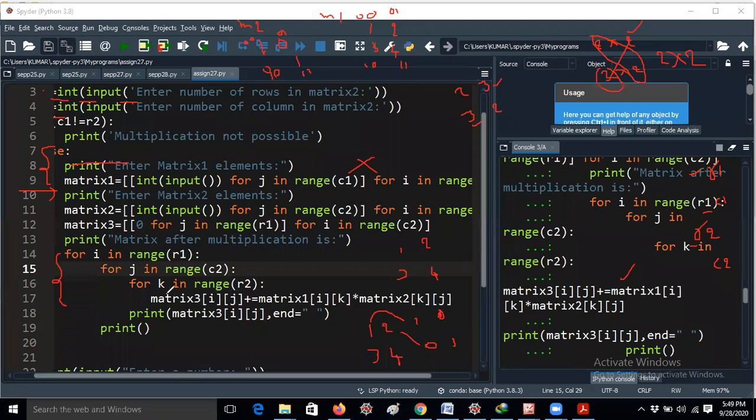But here we have to take an extra for loop, like k. Here, for i in range of R1, it iterates 0 and 1, but it will take 0 by default the first time, in the first iteration. R1 value is 2, guys. Range of R1 means it iterates 0 and 1 only. For j in range of C2, C2 value is also 2, you know already. So j iterates from 0. Now for k in range of R2, k also iterates from 0. Here I am taking an extra parameter.